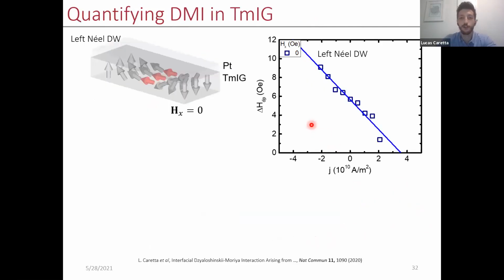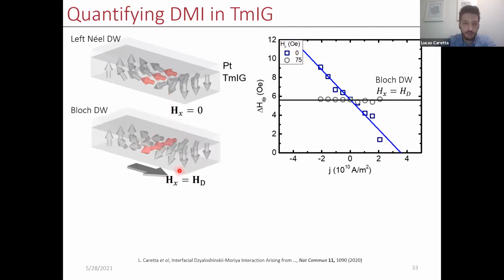In fact, we can quantify how large that DMI is. I can prove to you further that there is DMI. This is a similar curve I showed you before. This is the depinning field as a function of current. And you can see that we can either hinder the domain wall's motion or decrease the depinning field. Now, if I apply a small magnetic field, not large enough to really cant the magnetization in the domains, but large enough that it can rotate the domain wall itself towards a block configuration, you can see that if we apply a field equal to the strength required to transform this domain wall from Néel to block, we can actually turn off this torque, so to speak.